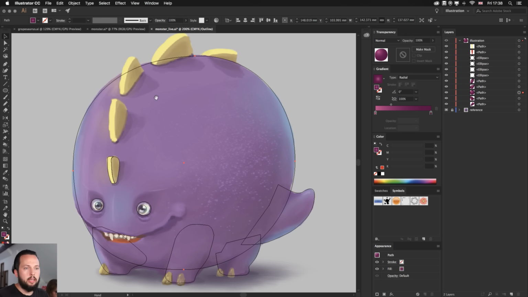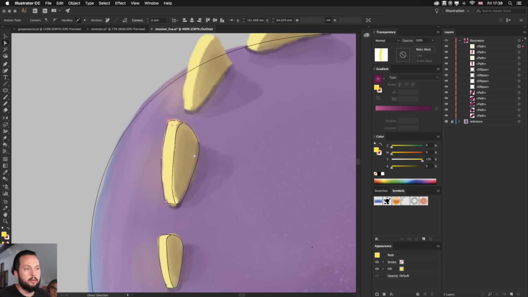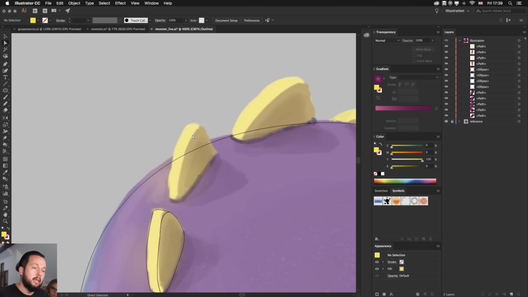By the way, if there is a shape that looks very similar, you don't actually need to recreate it. You can just duplicate it, Alt-click and drag, and then resize and rotate until it gets in the right shape. Only do this if you don't need to change the perspective. So this shape here should change a bit. I would select these points here and just drag them up a little bit, maybe drag that point in. I'm using the Direct Selection tool for this, and I think that looks fine. So you can see you don't have to redraw everything, but this one is quite different in the perspective, so it bends slightly differently, so it's better to draw it again.